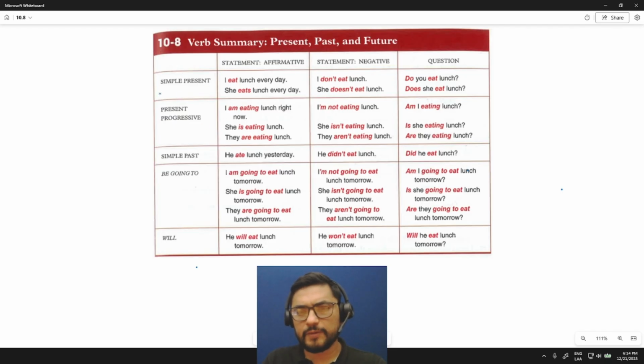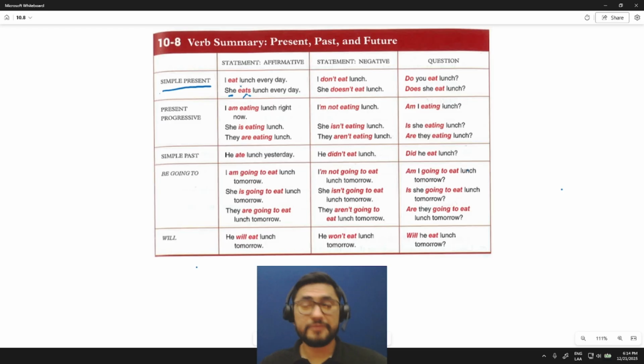The first thing that we talked about back in level 1 was the present time. With present time, the most common is the simple present. With the affirmative, I eat lunch every day. The thing about the simple present was that when we have third person singular, she, he, it, we will add s to the verb,